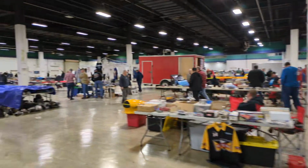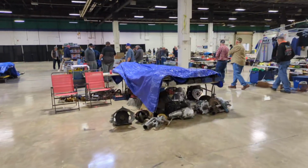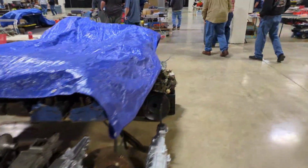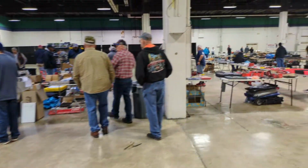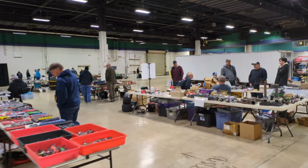All right, let's get back to the cars. I'm just going to push this way through the rest of the stuff. Some nice manual transmissions hanging out here. And I want to go back and show you another few minutes of the cars on the other side